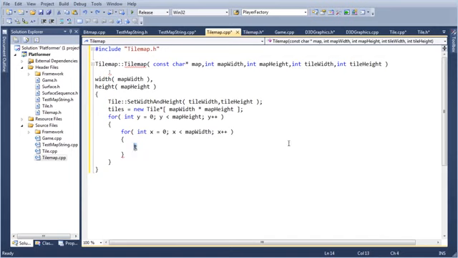And now we do switch map at y times map width plus x. That gets us our actual index. Case space. Nope. Okay. And here we go.